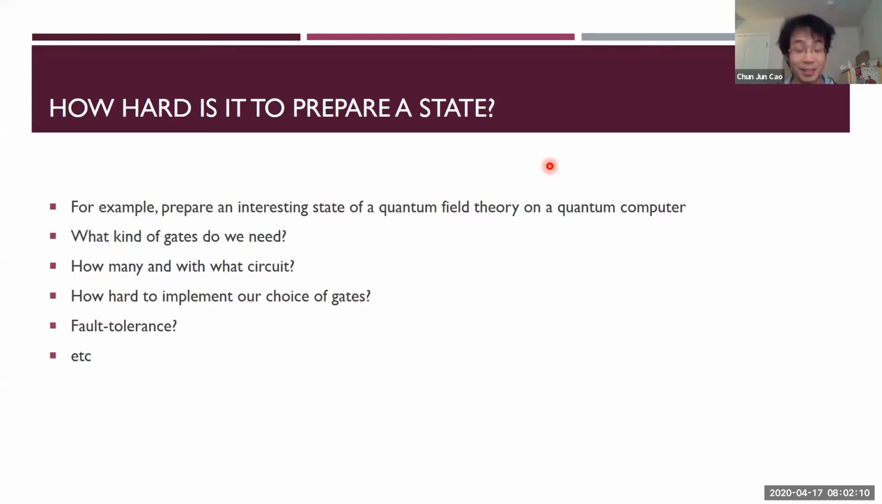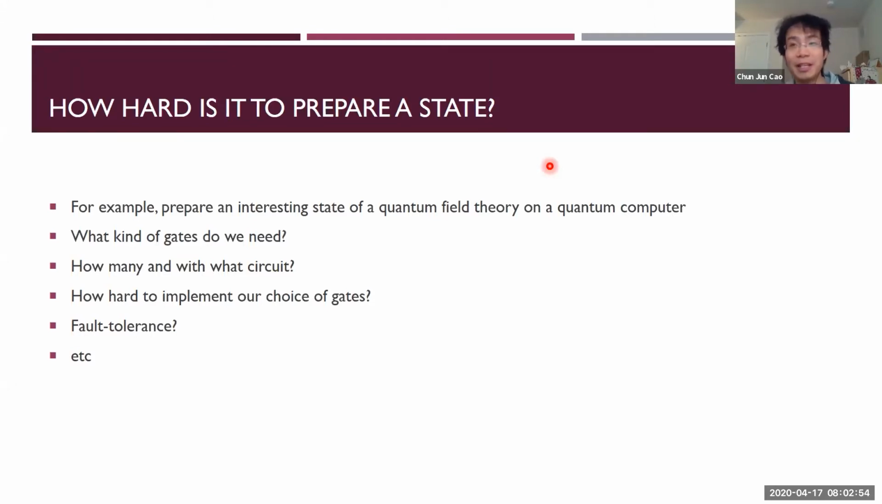As we're learning more and more about building a quantum computer and the theories of quantum computing, we're starting to think more about what would happen if we actually have a quantum computer and what kind of problems we would like to solve. For example, we probably want to simulate quantum field theory on a quantum computer, perhaps strongly coupled field theory like QCD in the confining phase. But before we even get there, there are many stepping stone questions we have to solve. And one of them is